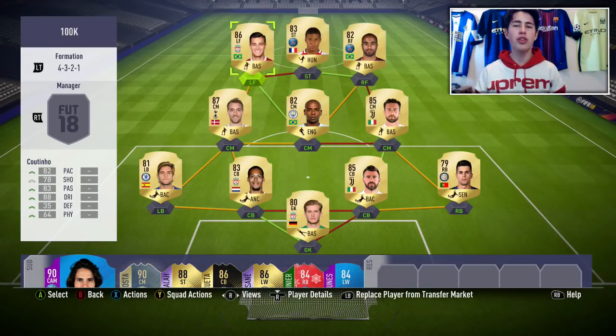Finishing off the team with the front three, we start off in the left forward position with Philippe Coutinho, my favourite player in the team and the top scorer. He got 6 goals and 2 assists in just 5 games, and he's a player I don't see many people